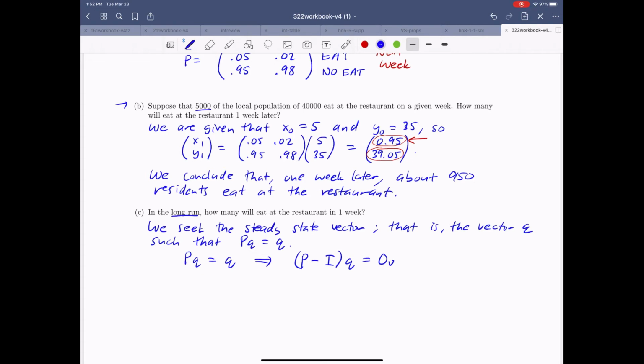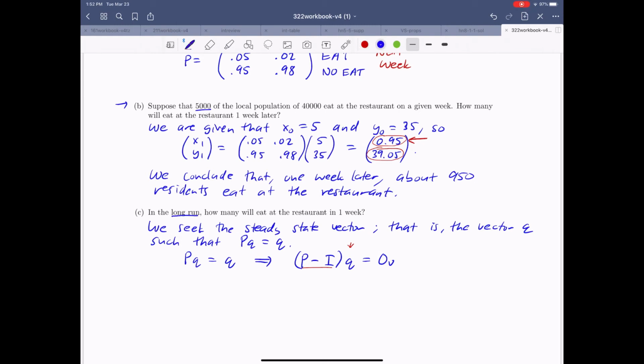You might remember the same notation we used when we were talking about eigenvalues. If you're wondering where that identity matrix came from, if you distribute through, you get, on the left-hand side, PQ minus IQ. That's just PQ minus q. The reason for writing it this way is it gives us a matrix equation that we can solve. P minus I is our coefficient matrix, and we're trying to determine the value of the vector Q here.